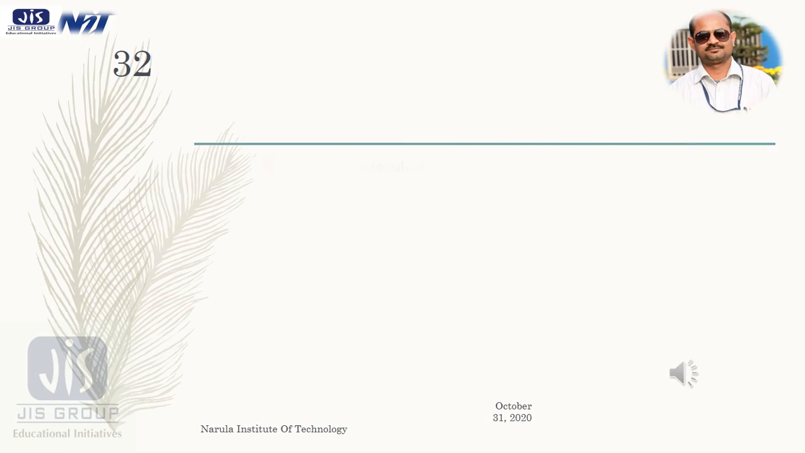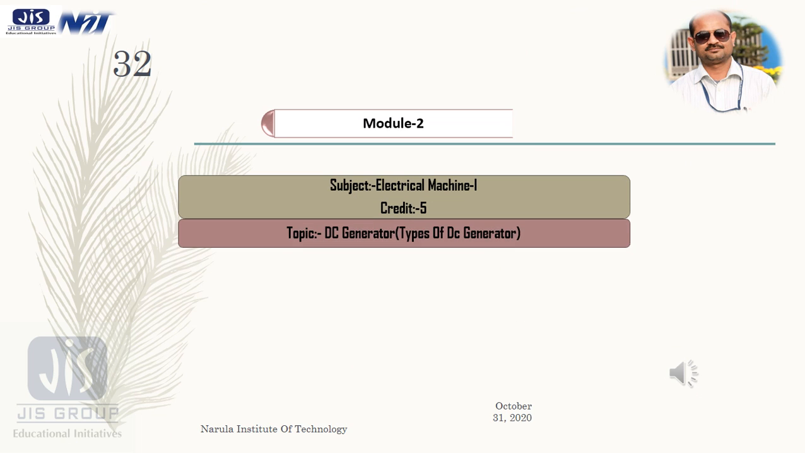Okay, so in module number 2, in the course curriculum of EES3 MC1, that is Electrical Machine 1, we are discussing DC generator. In our last two classes we have discussed the constructional features and EMF equation, and then we discussed armature reaction of DC machine, and today we are going to discuss